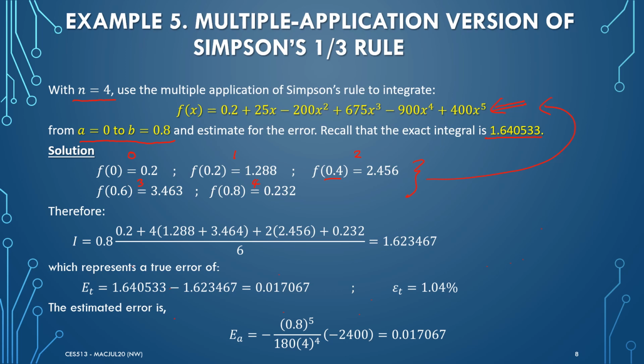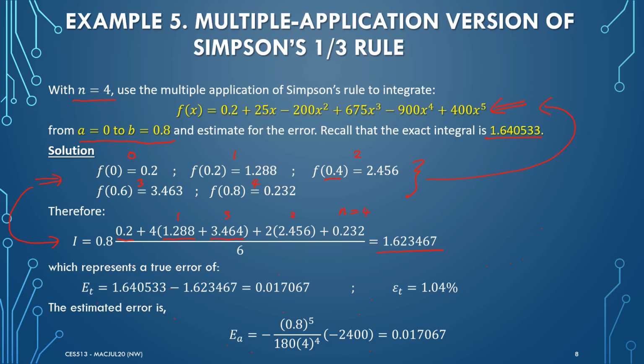So therefore, by substituting all these values inside the general equation for the integration, which is 0.8 multiplied by the function of x0, plus 4 multiplied by the function at odd points, which is 1 and 3, plus 2 multiplied by the function at the even point, number 2, and plus the function at the nth point, or point 4, 0.232, then divided by 6, we will get 1.623467,